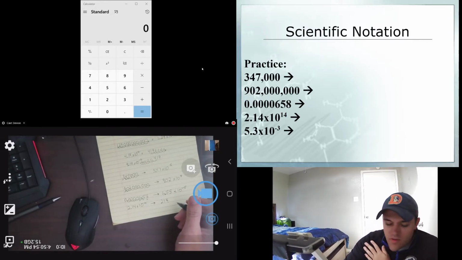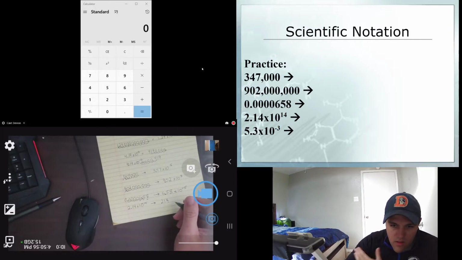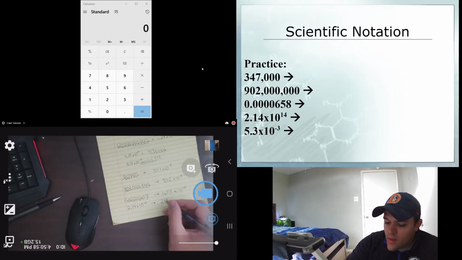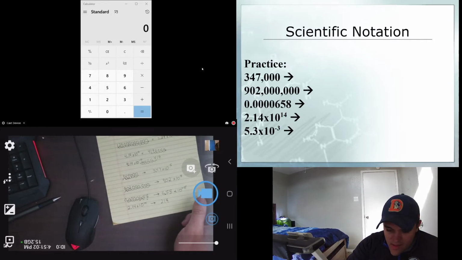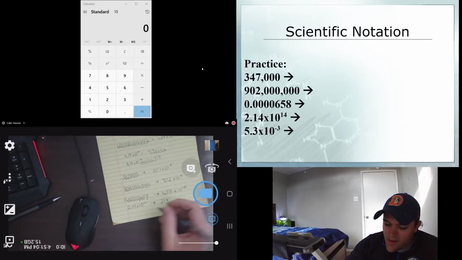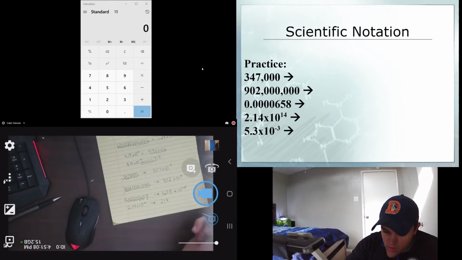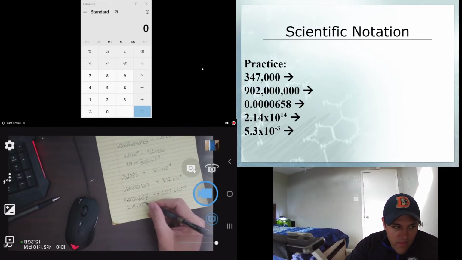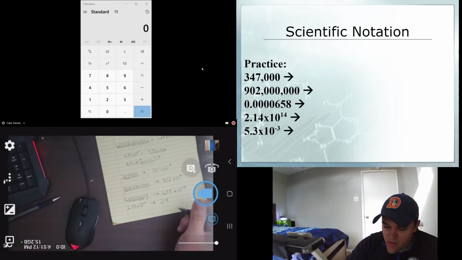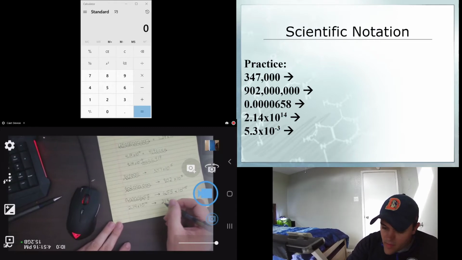we have 2, 1, and 4 as the significant figures in our original number, and we need to figure out how many zeros we need to add on at the end to make this correct, right? If we have our decimal point starting right here between the 2 and the 1, and we know this is 14, the power, so it's going to make 14 jumps to the right because it's a positive number, we're going